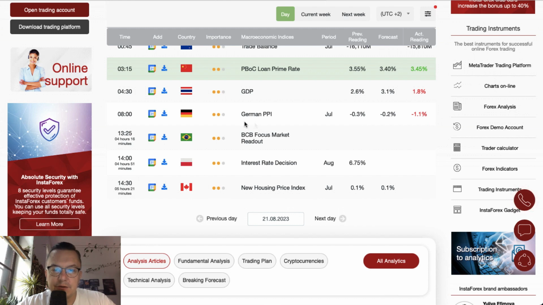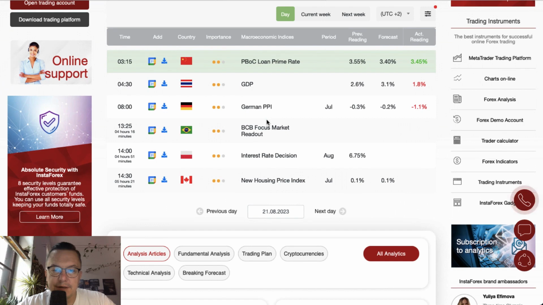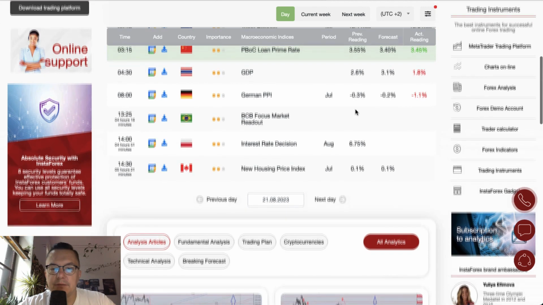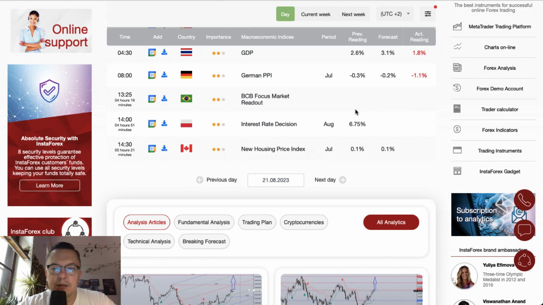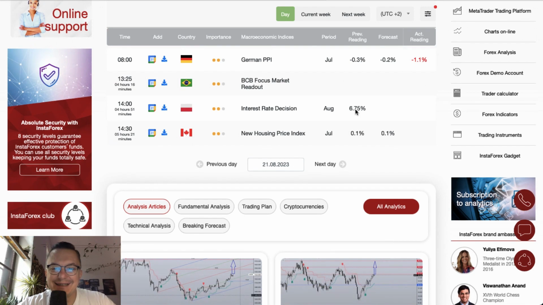We still have some data during the London session. German PPI were scheduled for 8 o'clock and were just released. Minus 1.1% is way below the minus 0.2% expectations and way below minus 0.3% previous reading. So we would definitely take a look maybe at the euro related markets before the London is open. Oh, it's open already, so it's not that